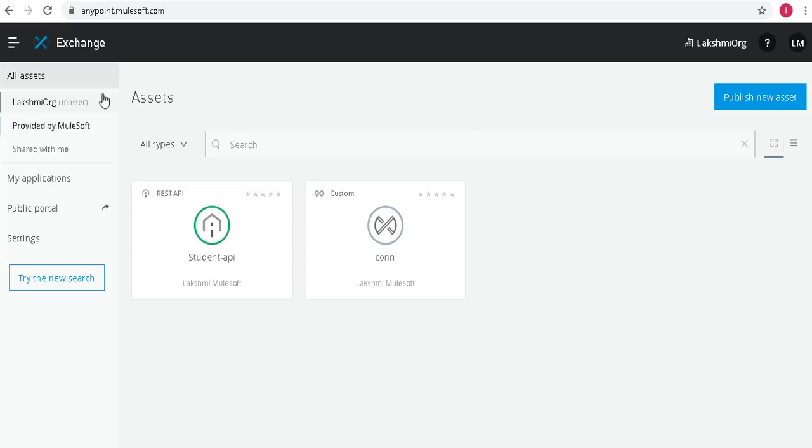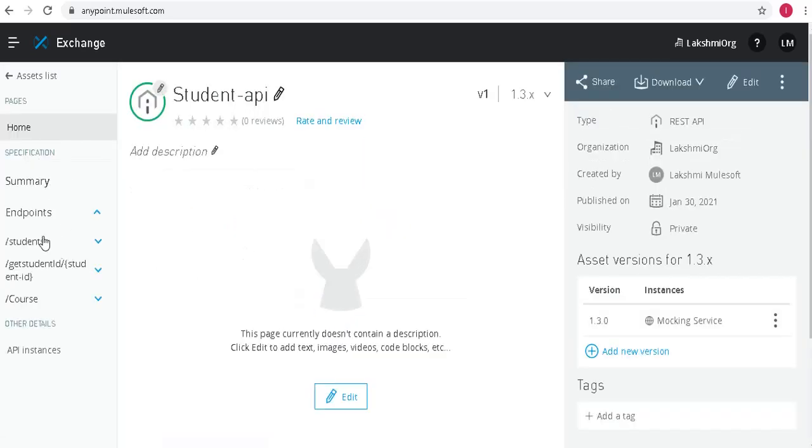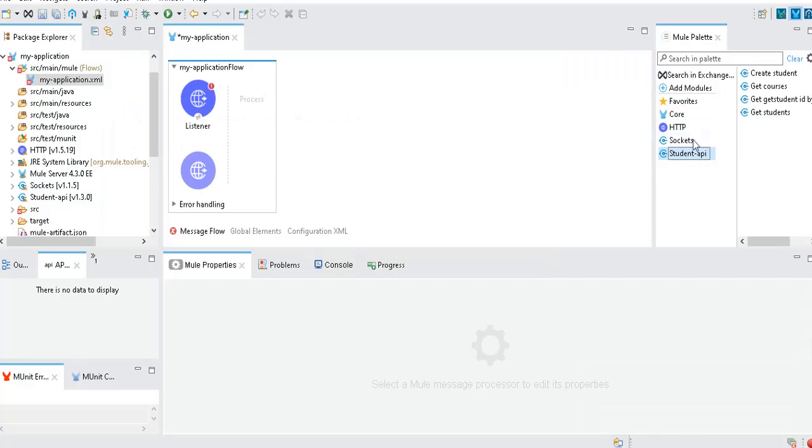Right? Let's just check that. See, these are all the 4 endpoints, actually 4 methods I have used in my REST API. So those 4 operations will be treated as 4 operation-based connectors here in Mule 4. So likewise, you can use any of your REST APIs as a custom connector in Mule 4.